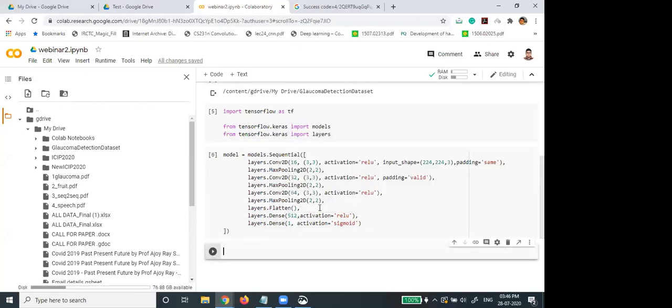Yeah, our convolution model is now ready. Okay, so you can check it with model dot summary.